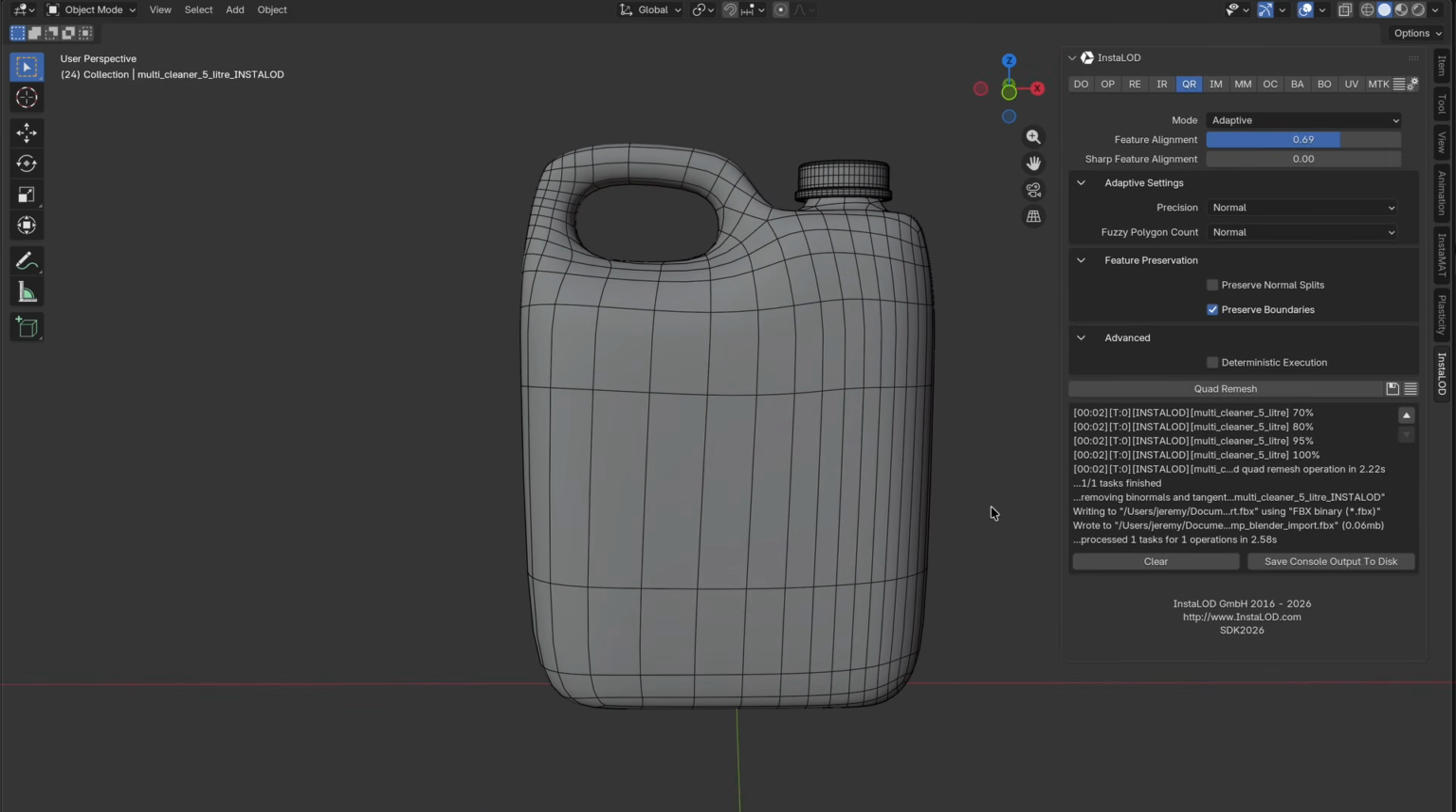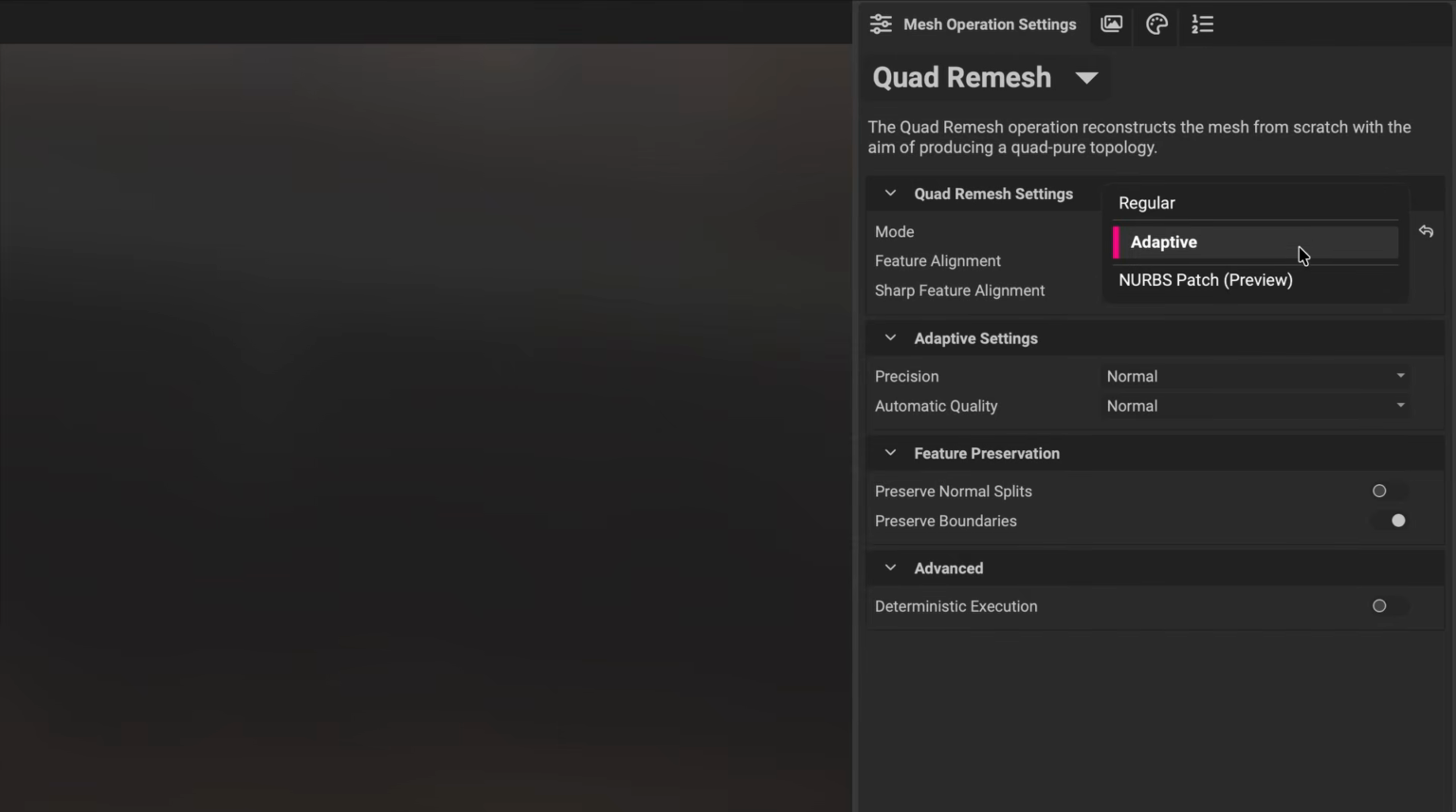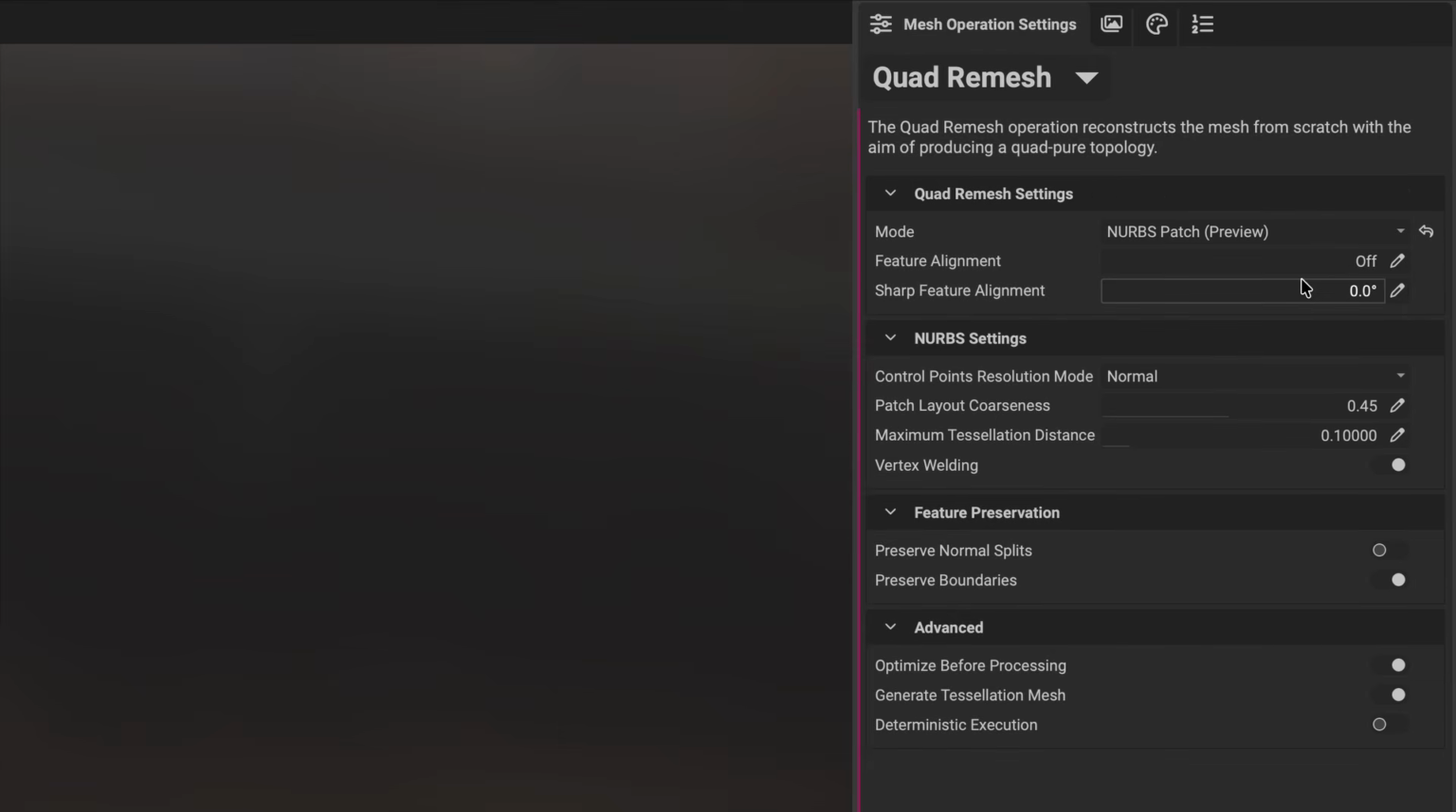modeling and adjustments. NURBS Patch mode provides additional control over the remeshing process with value-based parameters for precise fine-tuning, such as patch layout coarseness to control simplification of the quad layout, and maximum tessellation distance to control the overall quality